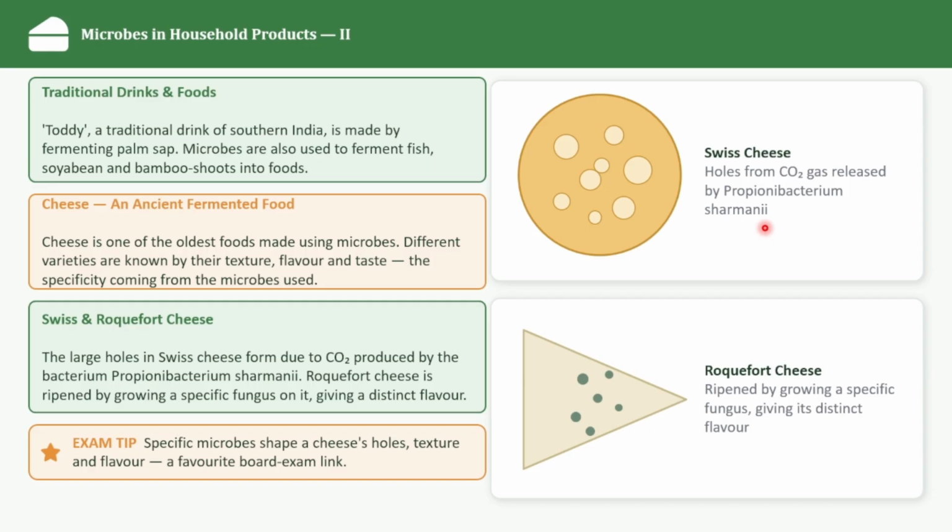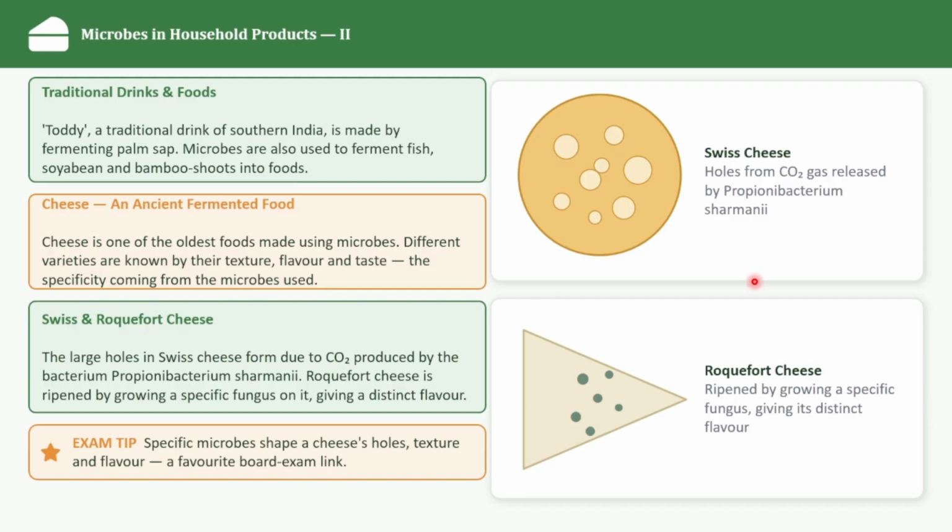We already know, even in our bread, carbon dioxide. Because of the carbon dioxide only, you can see the holes. The same thing is happening here. But here, a large amount of carbon dioxide gas is evolved, so because of this, large holes are produced. Can you tell me, are the holes in Swiss cheese simply made by cutting it? No. They are associated with carbon dioxide produced by the bacteria.